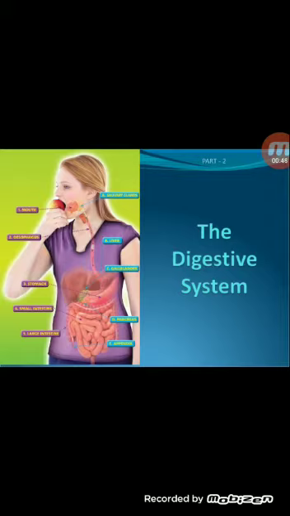Yes, let us start with the first purple color parts and then the blue color parts. Let us start with the purple colored parts. Children, you start spelling it and I'll be repeating after you. Please start. Mouth, esophagus, stomach, small intestine, large intestine. Very good, children. Now turn to the blue color parts. Salivary glands, liver, gallbladder, pancreas, and appendix.